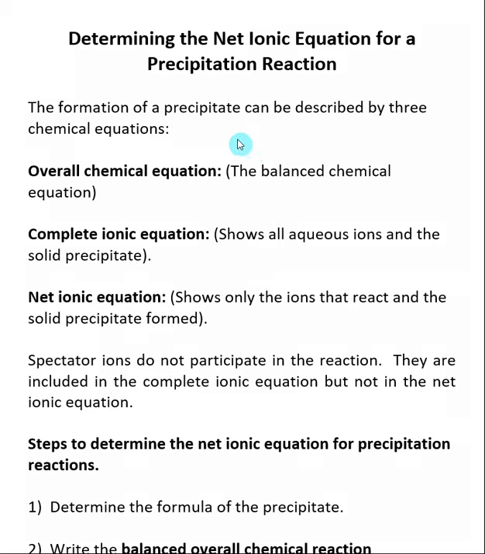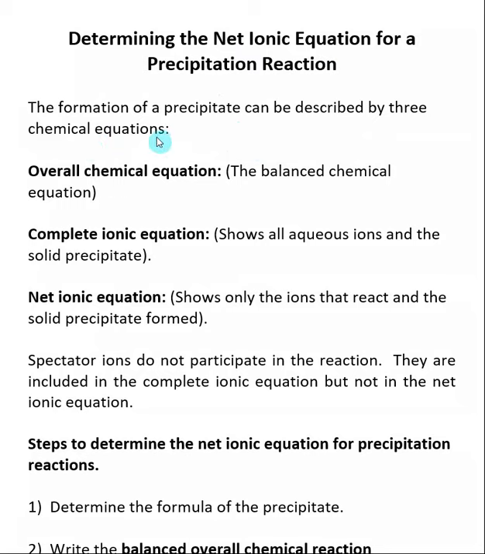In this section, we want to learn how to determine the net ionic equation for a precipitation reaction. In the previous section, we learned how to determine the product of a precipitation reaction and how to draw out the overall reaction and balance it. Here we want to take this an extra step, and we realize that these precipitation reactions can be described by